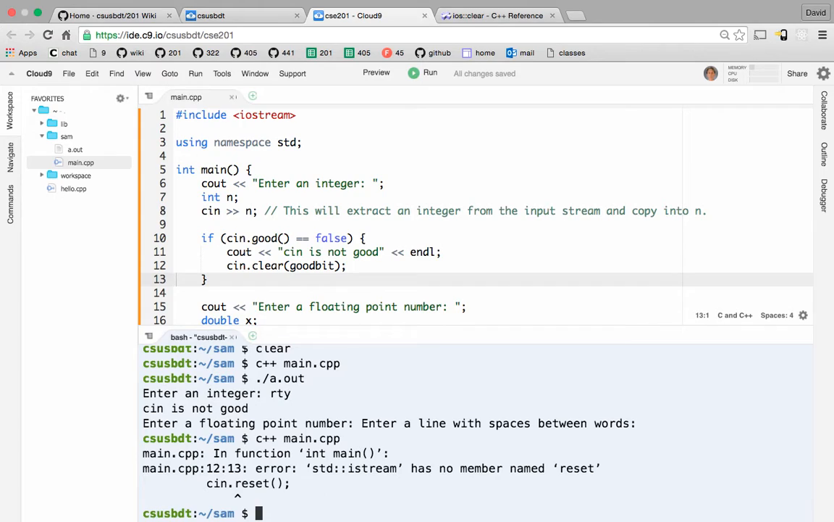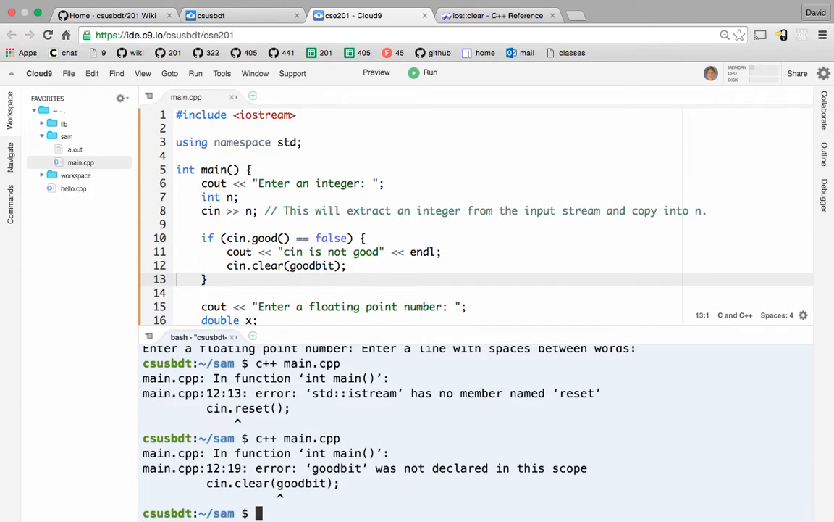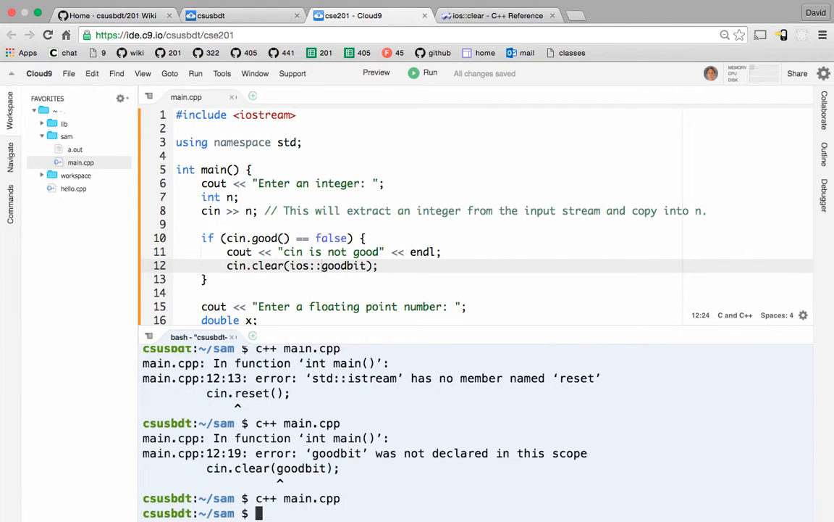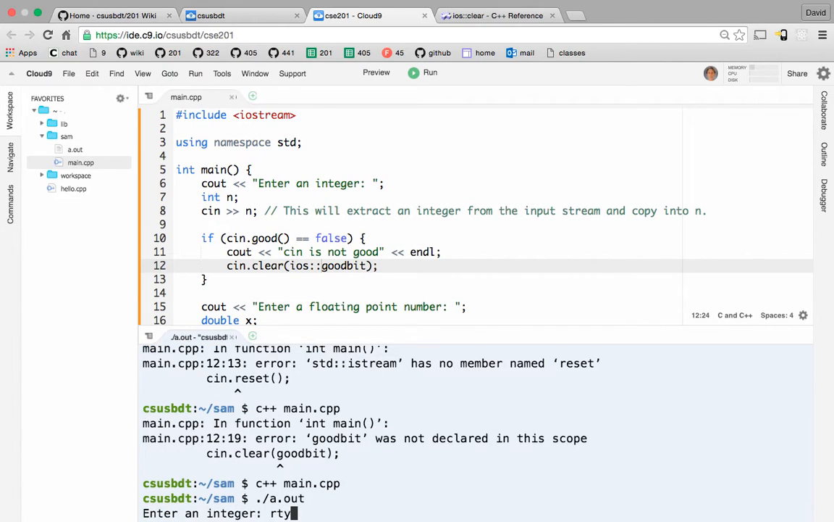Good bit was not declared. Good bit is in, oh, there it is. I think it's ios. I saw it up here. See it? ios::clear. Believe it. So good bit must be a member of a class. So RTY,